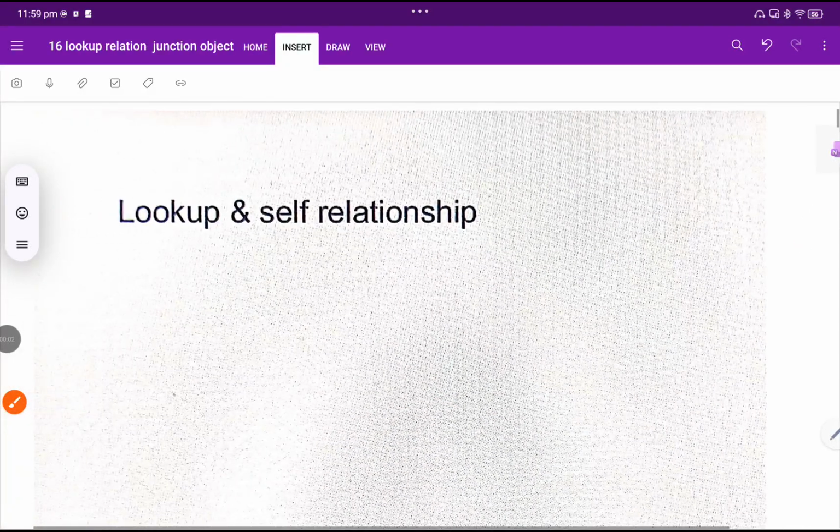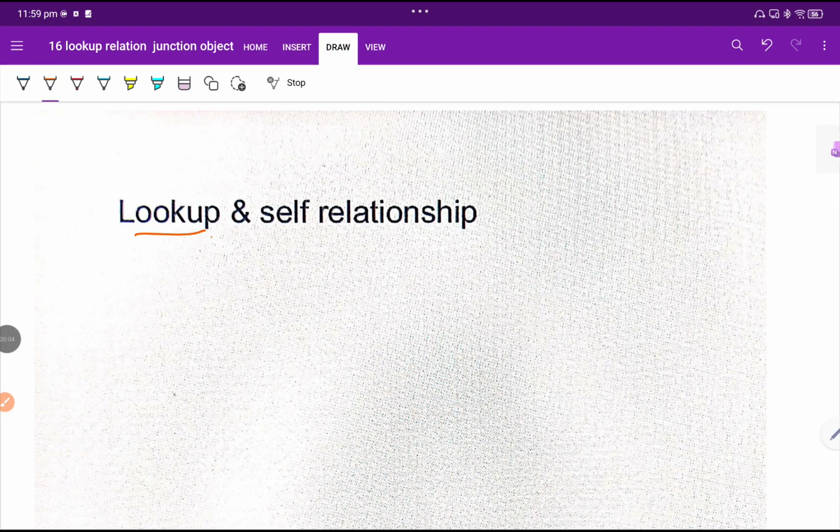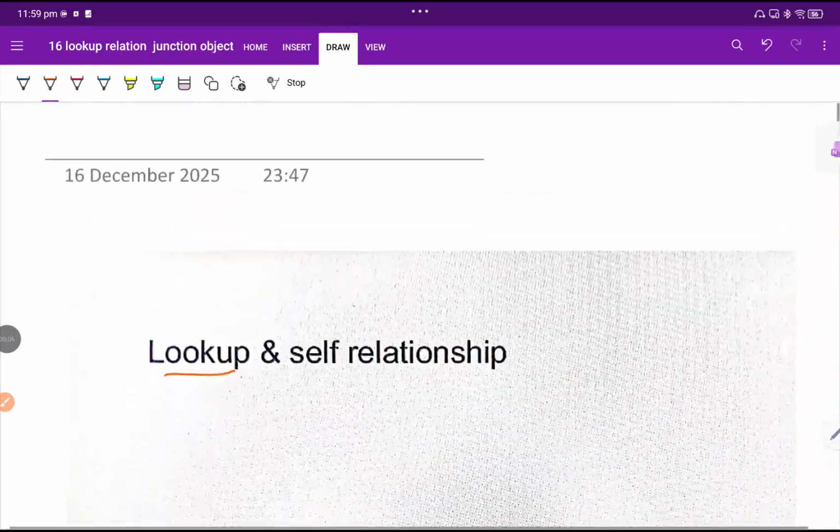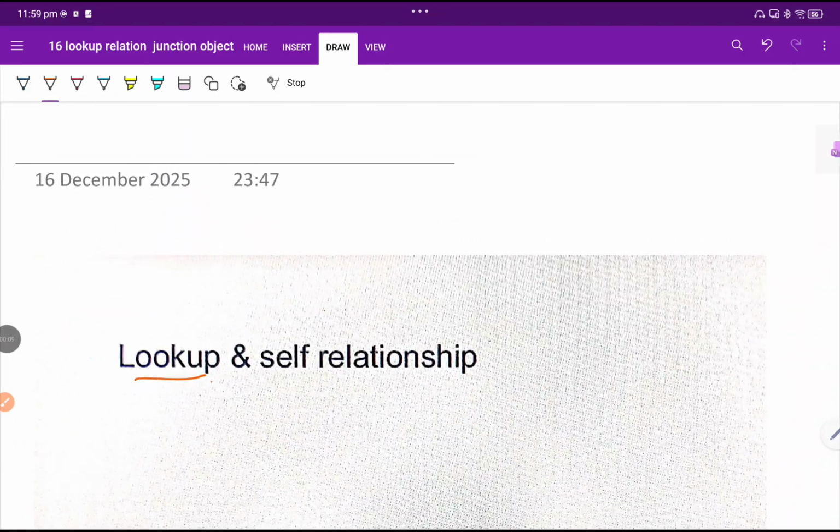We will discuss the lookup relationship and the self lookup relationship. As we know, the master detail relationship is also a one to many relationship. That means one parent is related to multiple children. A lookup relationship is also a one to many relationship, but the difference is that in a master detail relationship there